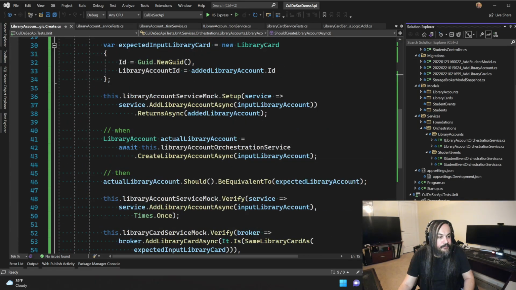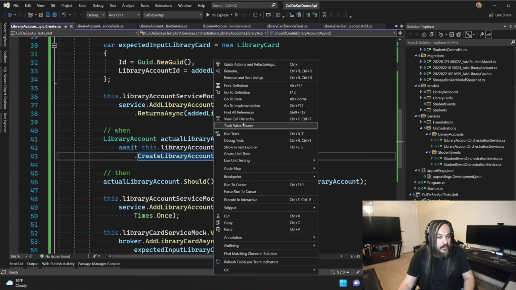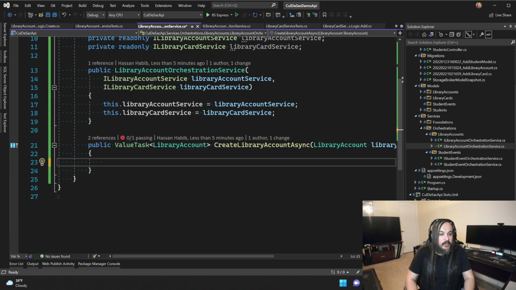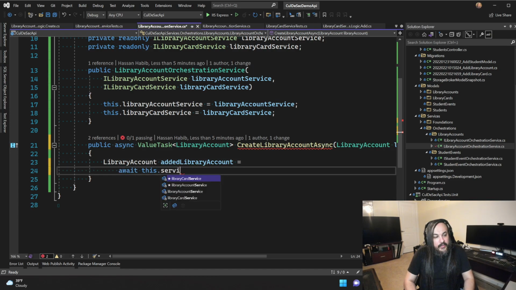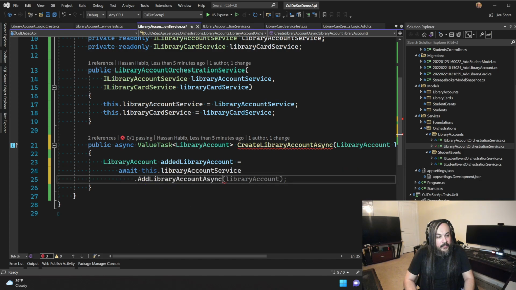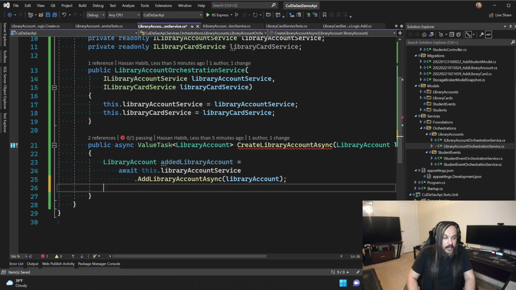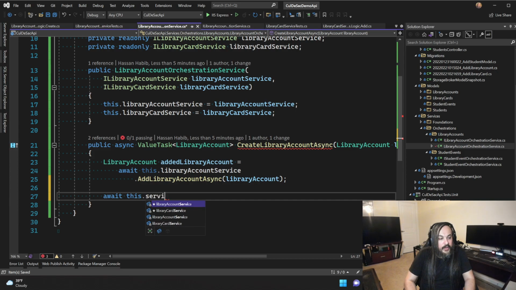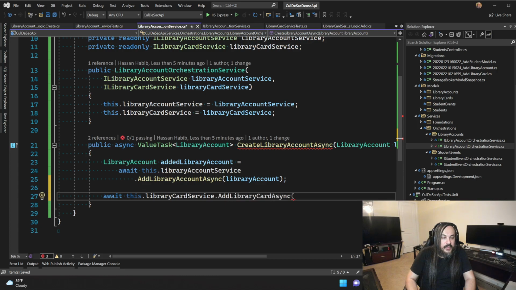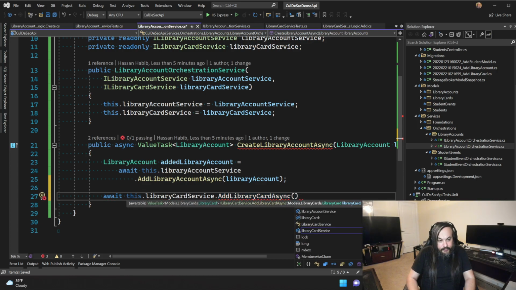So let's go in here, create library card, and we'll do exactly what the test asked us to do. First of all, here's my library account: added library account equals await this dot service, that's your library account service, add library account async, and I'm adding the library account to it. So far, so good. And then the second thing I want to do is say, well, this is my library card, and this added library card async needs to be